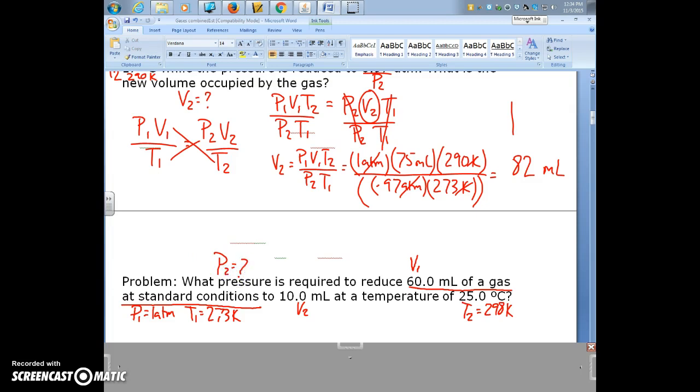So you really have to read the context of the problem to get your situations together, and that is going to be very important for you to do. In this one, you should end up with 6.55 atmospheres. So work this problem out, make sure you can rearrange the problem correctly to solve for P2, and make sure you can get that 6.55